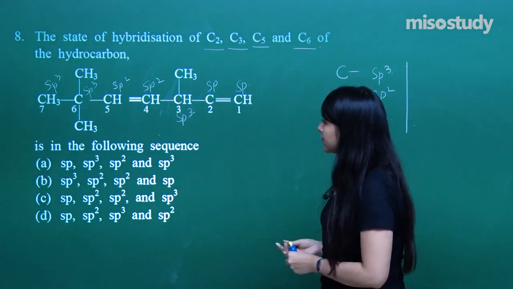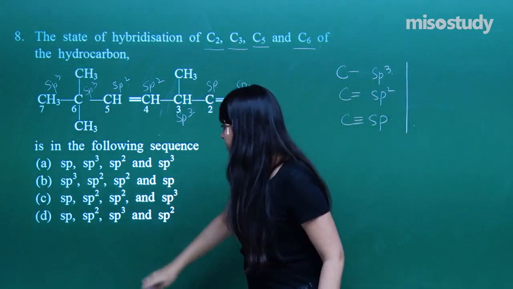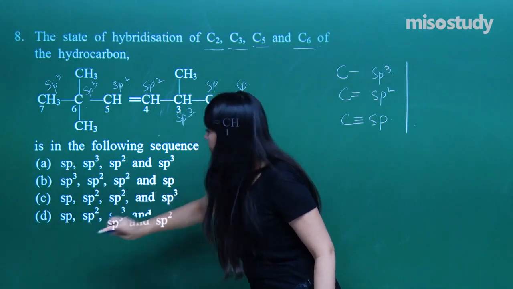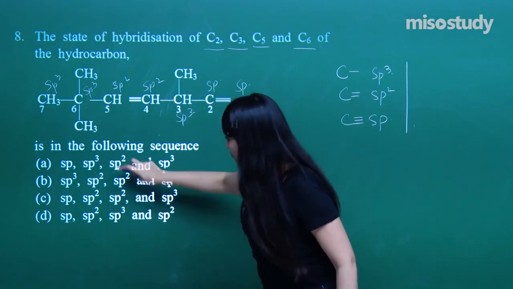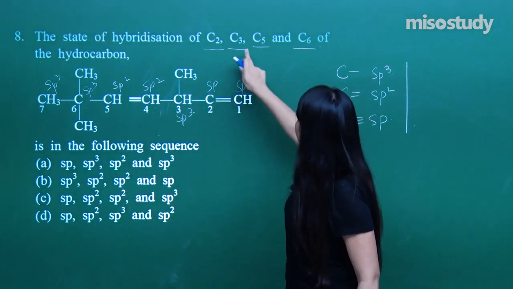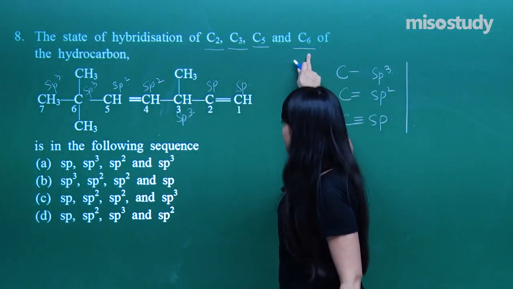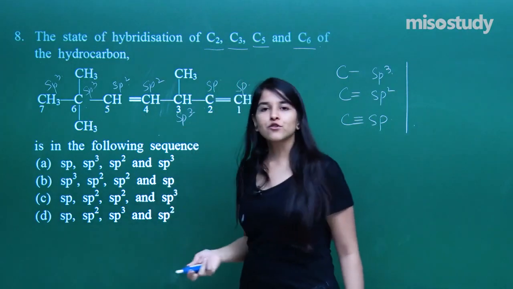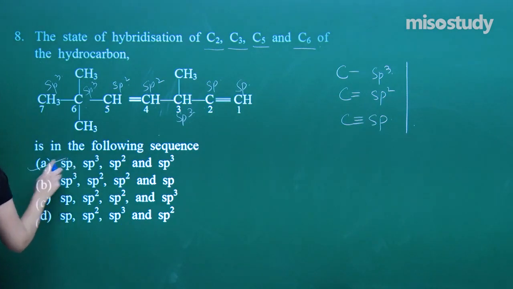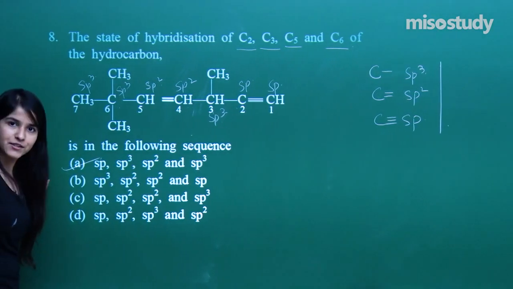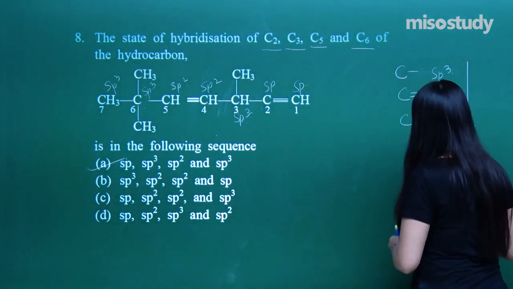So here what do we have? For C2 I have got sp. Yes, we have marked out 3 possibilities. For C3 we have got sp3. So where is the sp3 involved? Definitely here. And followed by C5, which is again sp2, confirmed. And followed by C6, which is sp3, that is also confirmed. The answer has been confirmed. It is option number A. So I hope you all have got the answer over here. Let us just move on to the next question, the second last question of this lot.